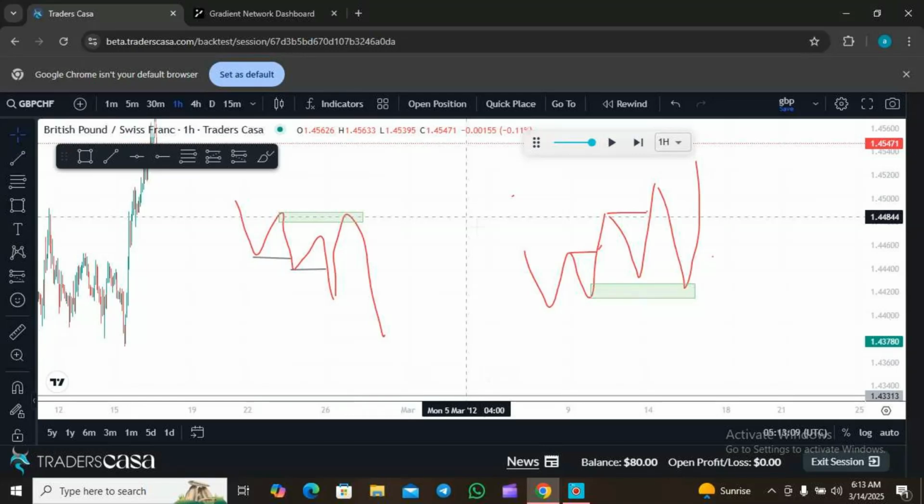For this to actually work, it must come in a high probability trade